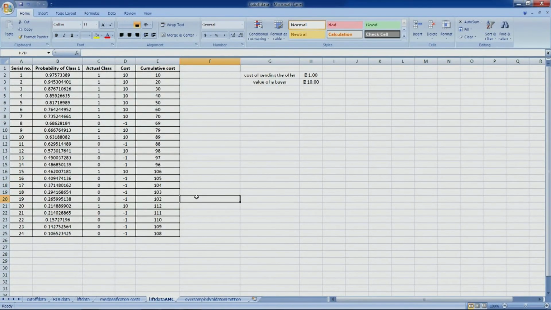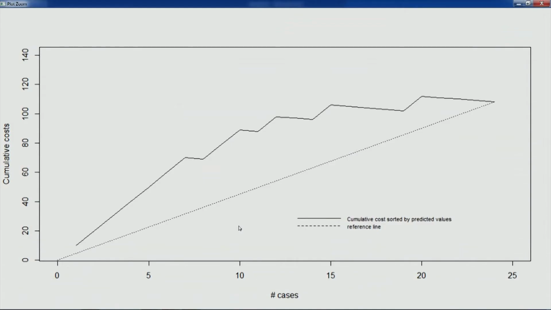You can see here that the maximum value that we have is 112, and after that there is a dip, and the last value is 108. If we had a much larger data set, with many more observations, this particular dip would have been even larger, to the extent that the slope of this line might come down much more,